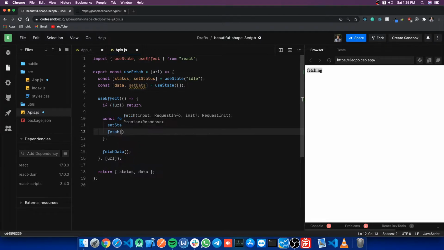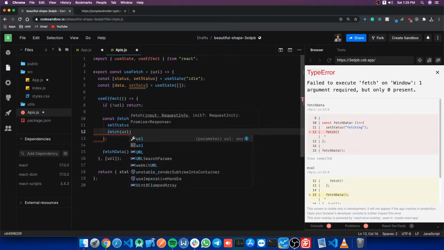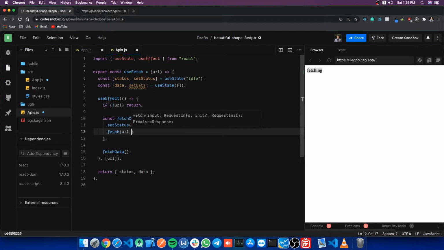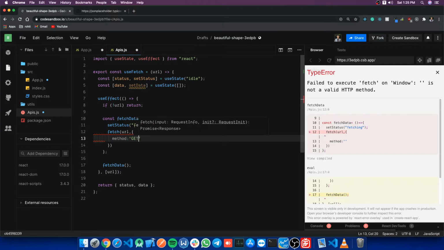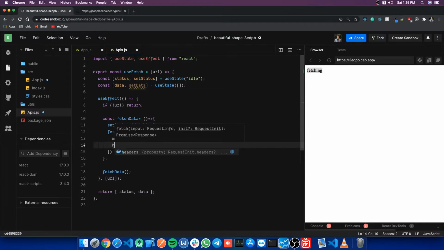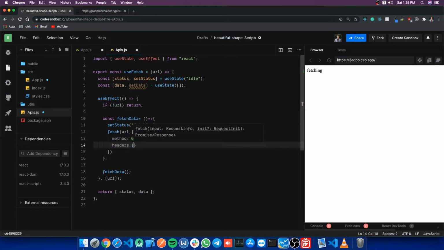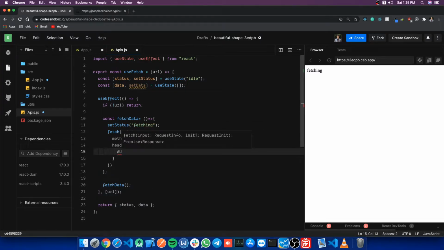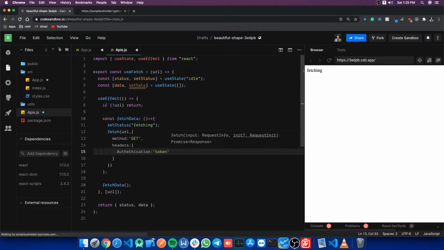Now we will implement the inbuilt fetch function. The fetch function takes as its first parameter the URL that you have to send, and then you can write anything like method, which is whether you are going to post or get. We are using a get request because we want to take data from the server, not send to it. And inside of headers, you can write anything you want because this is a sample JSON and sample request. It doesn't require any headers, but in production there is always an authentication token, and we simply pass some JWT or any token inside of it.